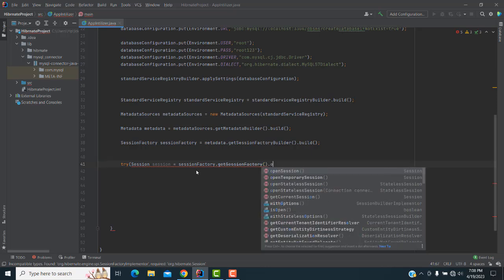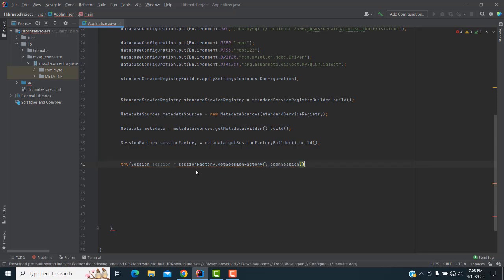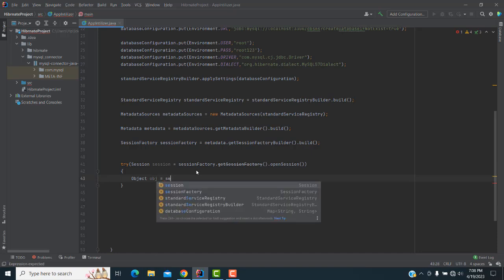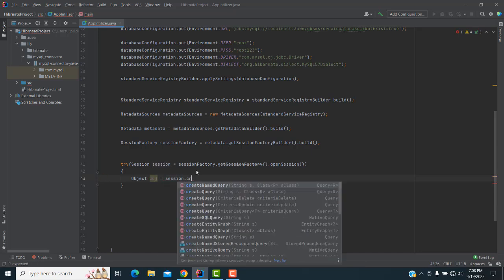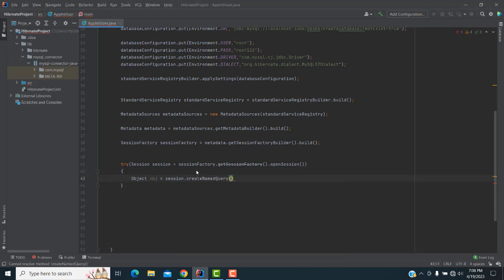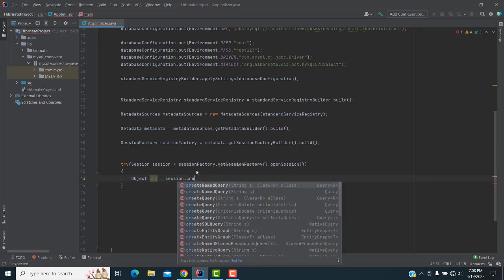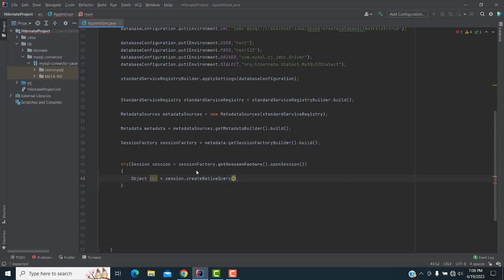So here we have got open session, right? Okay. Now here, open bracket and close bracket. Here we write the object. You write obj equal session dot create native query. Create native query. Here, right, there select